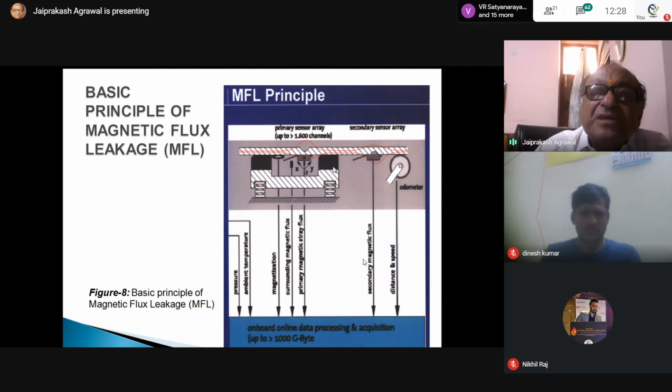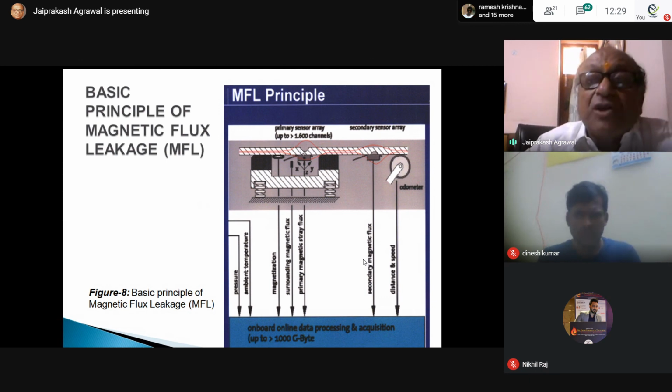What is the principle? It is the same MFL principle that I have already told you. These are the magnets first, and these are the pipelines. So the leakage flux goes here. This is leakage flux because of a defect, because an air gap is there. The recorder records only this leakage flux.